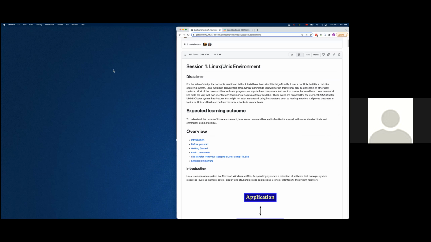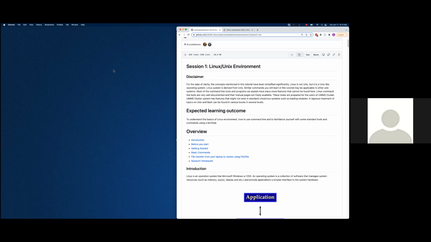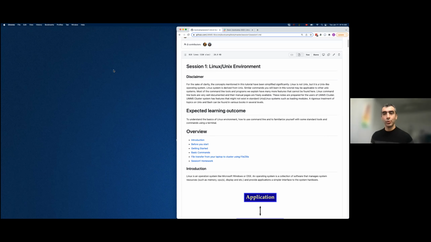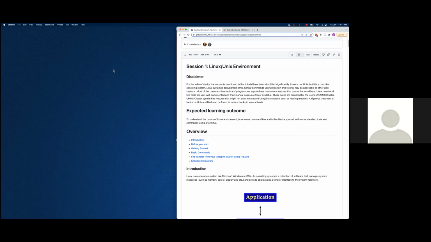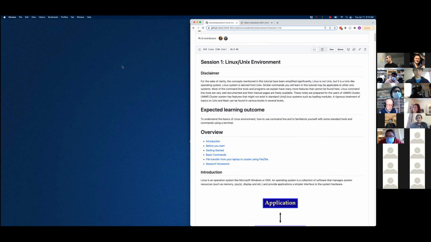Alper nicely said that working in Linux systems and in the command line, in the terminal, can be painful. So the idea with these initial sessions is to make the process a little less painful. Hopefully at the end of this session, you are going to feel a bit more comfortable using the terminal. There is a lot of terminology that's sometimes used interchangeably, so we're going to make that nomenclature a little bit clearer also.